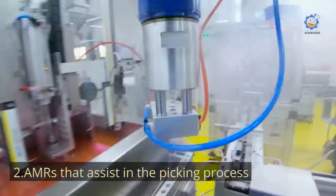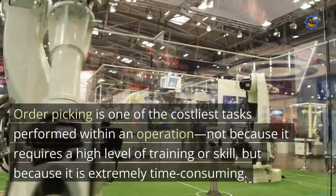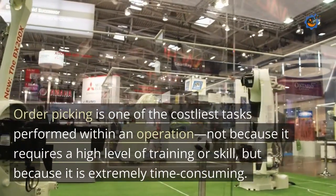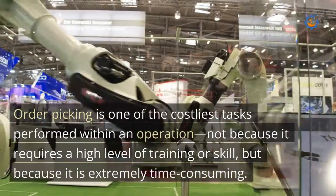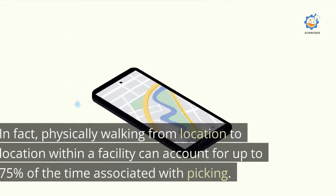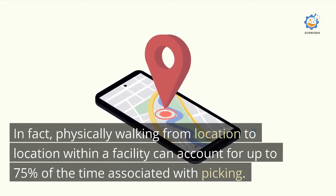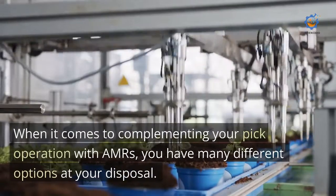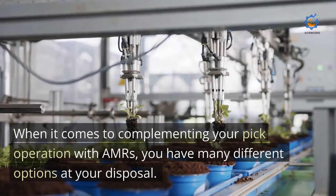2. AMRs that assist in the picking process. Order picking is one of the costliest tasks performed within an operation, not because it requires a high level of training or skill, but because it is extremely time-consuming. In fact, physically walking from location to location within a facility can account for up to 75% of the time associated with picking. When it comes to complementing your pick operation with AMRs, you have many different options at your